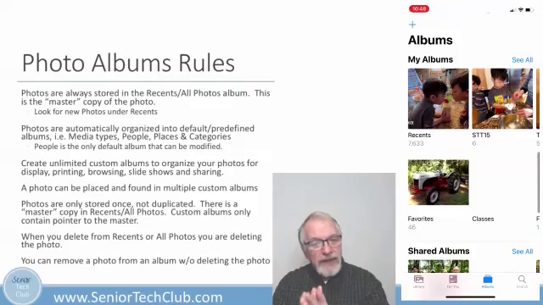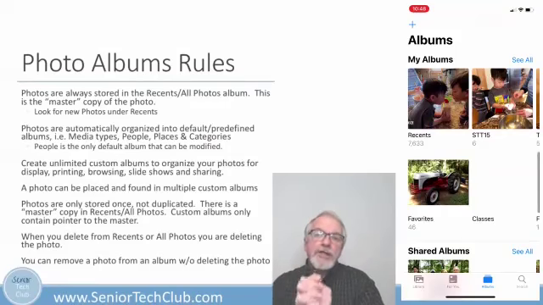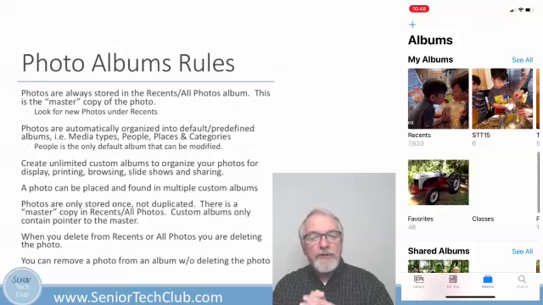And then finally, if you go to an album and you want to remove a photo from the album,